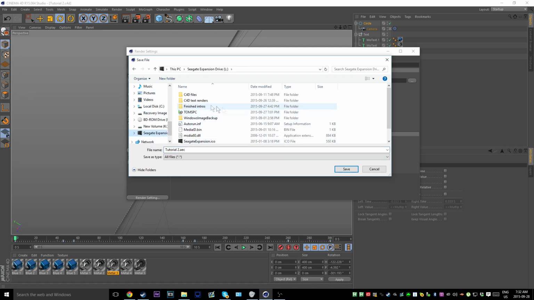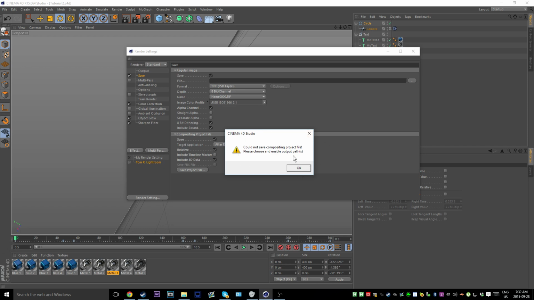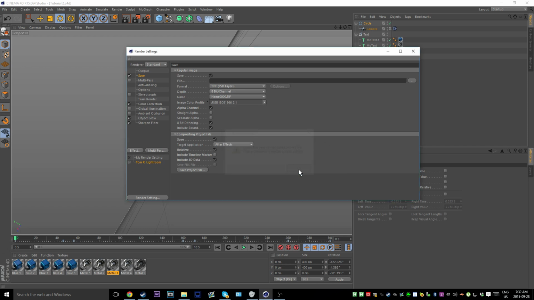So you want to go to the folder that you keep your renders in, or you can just do it on your desktop. I don't know, pretty unorganized if you do that. But you want to create a new folder, and name it whatever you want. I'm just going to name this tutorial 2. And I'm going to save it inside of that folder. Could not say it. Please enable output paths. Okay, that makes sense. So before you do that, you want to go to File,